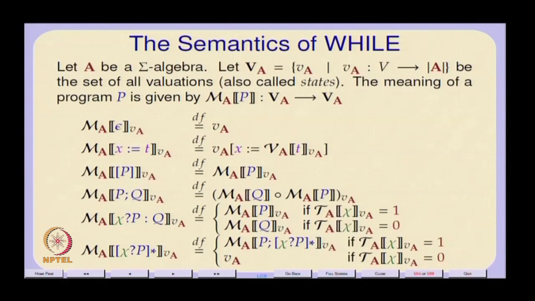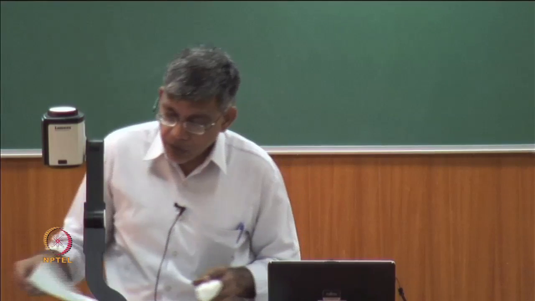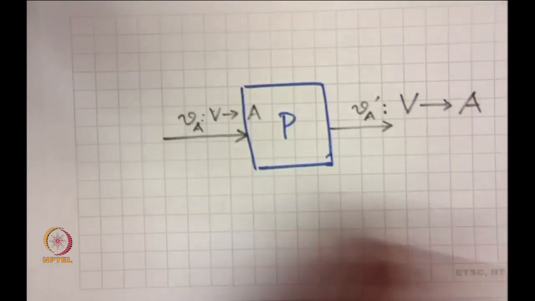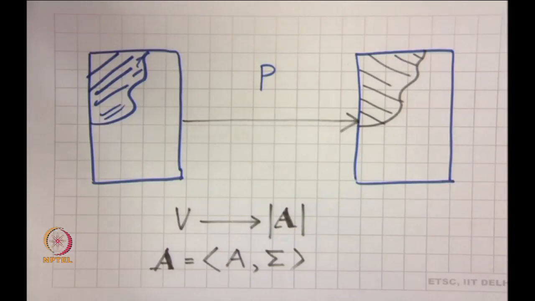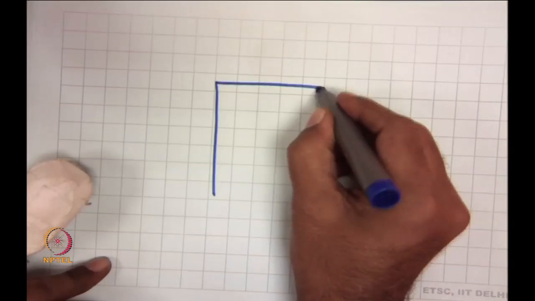However, the point now is where does logic come in and where does verification come in. Here we said that a program is essentially a state transfer, right. Given a certain VA, it gives you a certain VA prime, right. There is also another way of looking at it. You can think of a program also as a property transform, right. So, what I can say is I have a program P and basically I am not interested